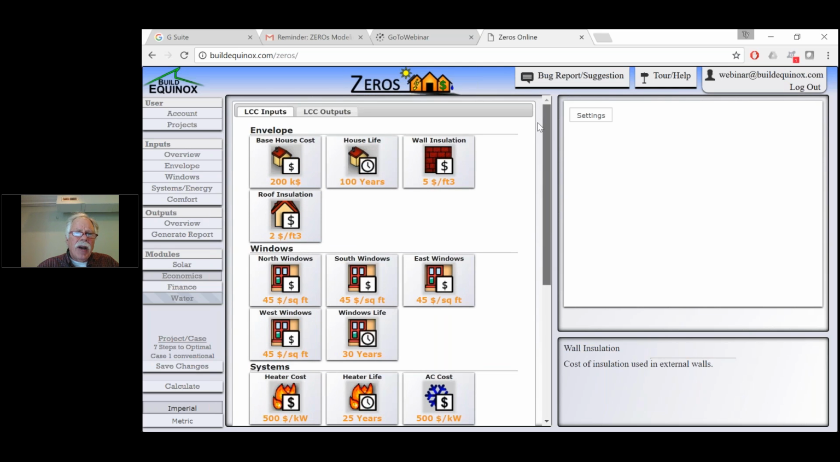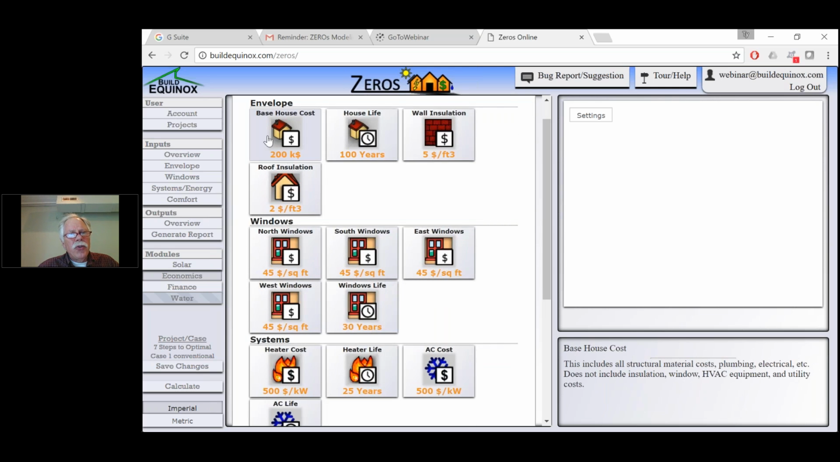And on this page, for example, for this 2,000 square foot home in our area, we would have a base cost of about $100 per square foot. So I put in $200,000. Some of you that live in nice mountainous areas or coastal areas, maybe this is $500,000, or maybe it's much, much more than that. Then there's the lifetime that you want to explore,